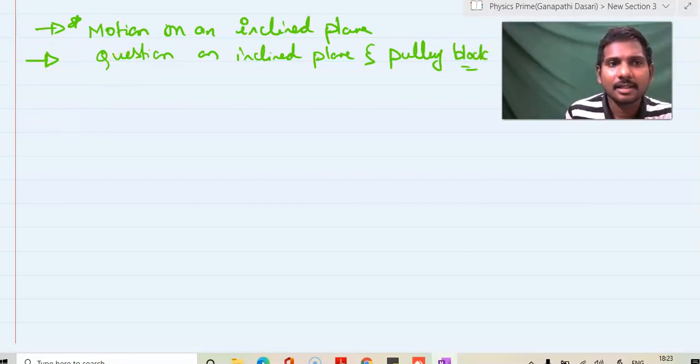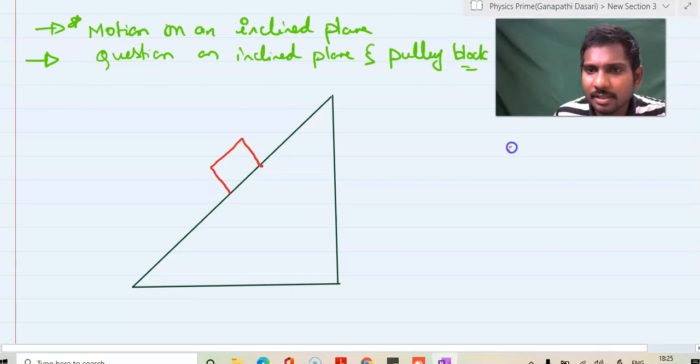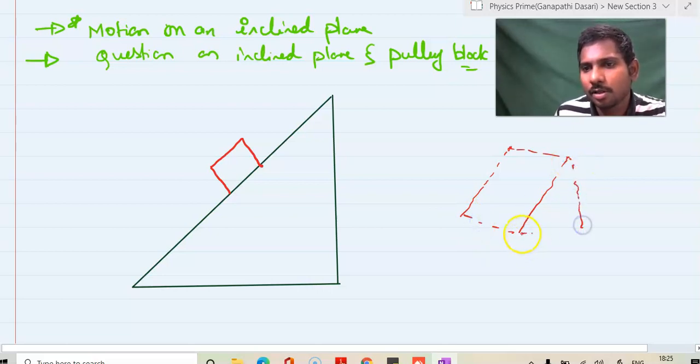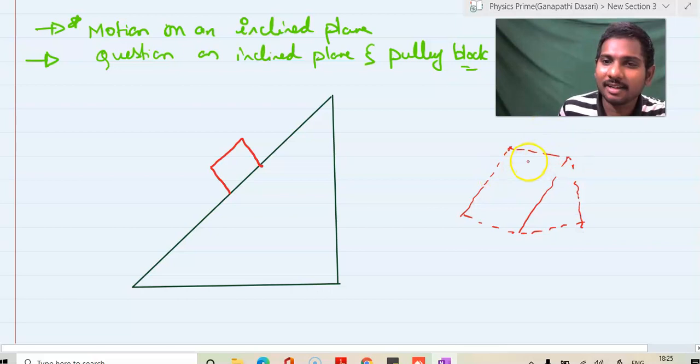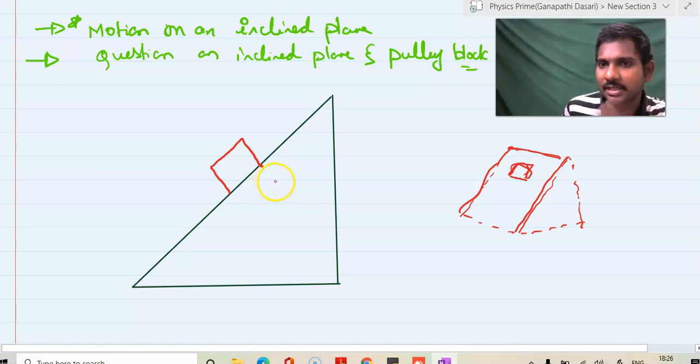Let us see this inclined plane. You might have known about inclined plane. This is a plane which looks like this. Like in childhood, we used to climb on a slope in the park. We used to slide down. So an inclined plane looks in this way, where the blocks or a man can slide depending upon the friction and forces and angle and all.